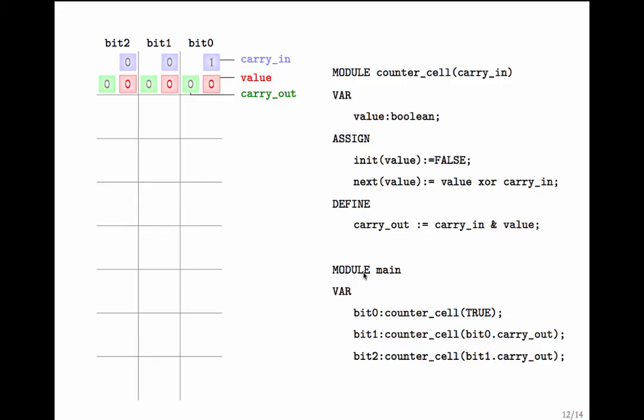What are the variables in the main module? Bit 0, bit 1, bit 2. Bit 0 is of the counter cell type. What are its variables? It has variables value, carry out, and it takes in a carry in. In bit 0, carry in is true. Initially, value of bit 0 is false, and carry out is